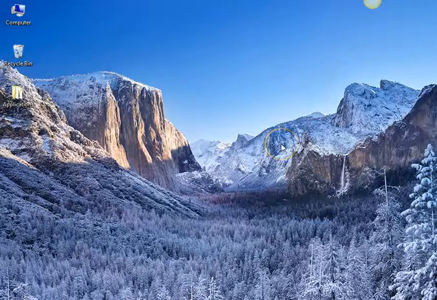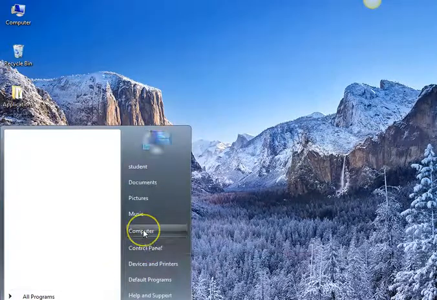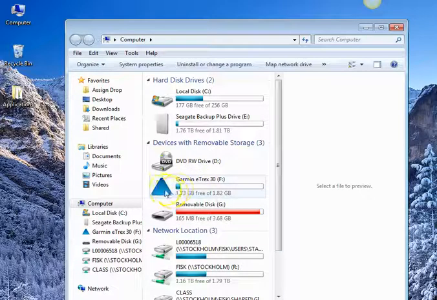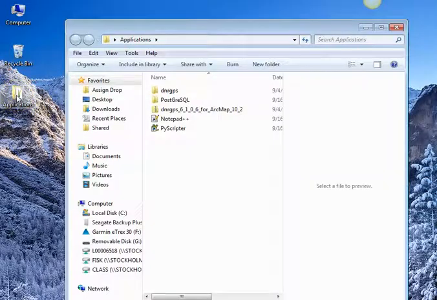You've collected your points, the first thing you want to do is plug in your Garmin, and you want to check to make sure that the computer's reading it. So I'm going to go into computer, and I see the Garmin is being seen by the desktop, so that's good. Now we're going to launch DNR Garmin,